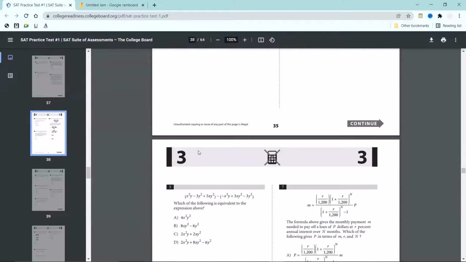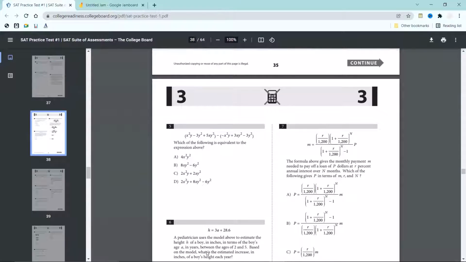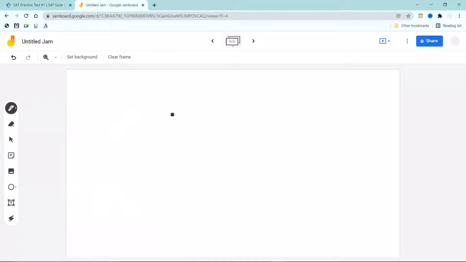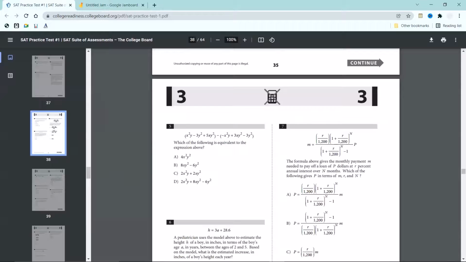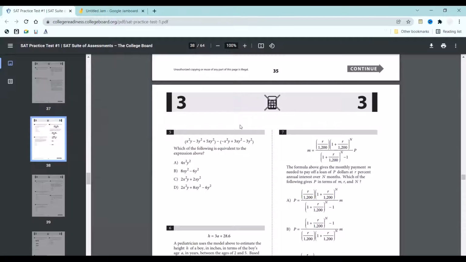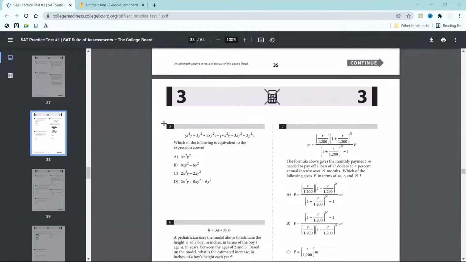All right, let's take a look at question 5. So question 5 is sort of an algebra review question, which is going to involve us combining like terms, right? So that's just terms that contain the same parts being multiplied by one another, right? So that just means like,